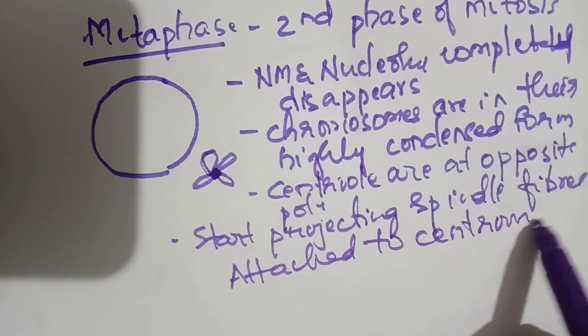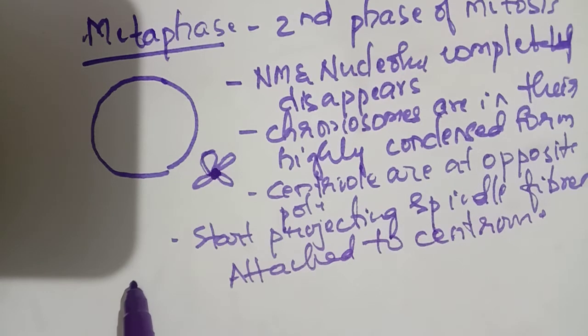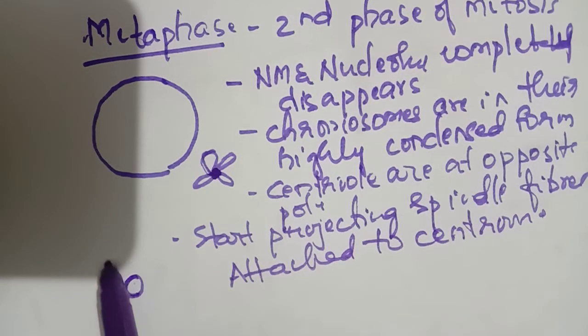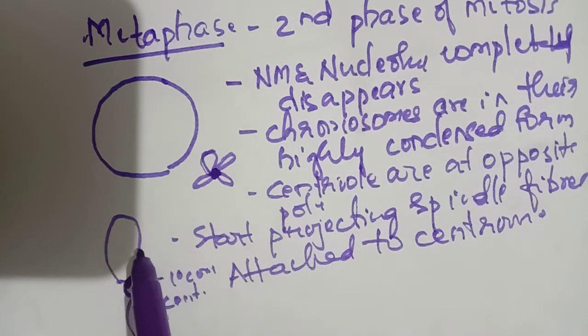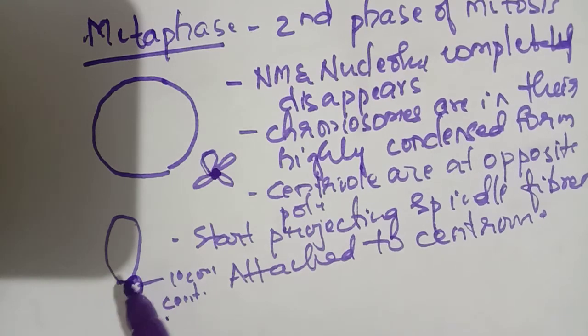So if we consider a chromosome, we have a centromere region over here, and then we have the chromatids like this. This is also known as the primary constriction or centromere, and both the chromatids are attached to the centromere. Here 4 chromatids will come. Why? Because in the S phase the DNA duplication has occurred, so they will be doubled over here. Okay, the spindle fibers will attach to the centromeres.